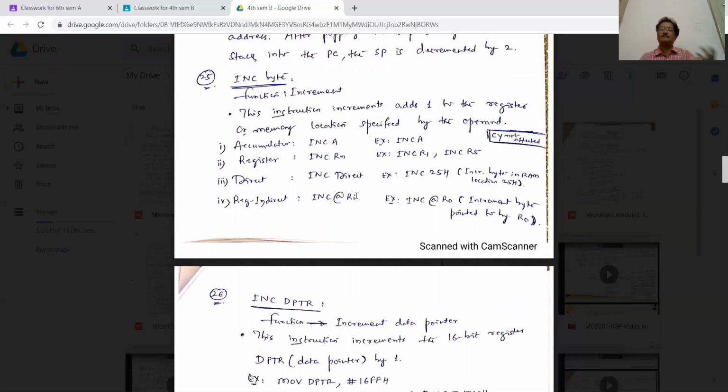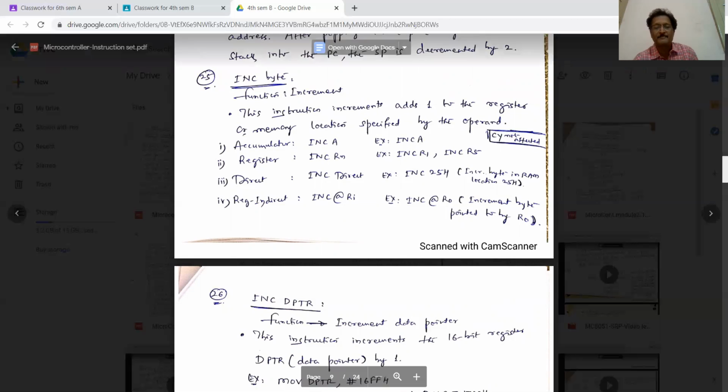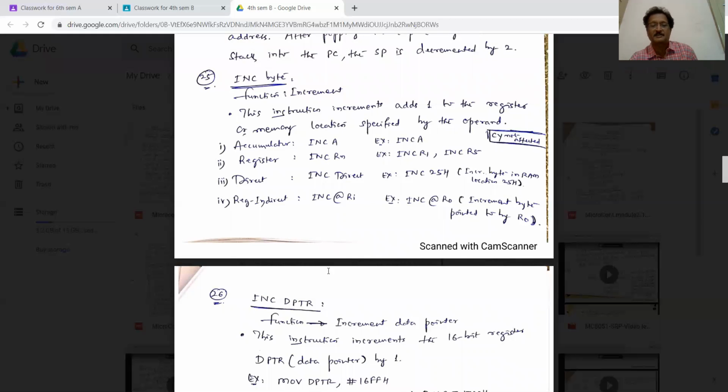When you are using indirect addressing mode, you assign, say, one location to R1. Then every time you need not write location 41, 42, 43, like that. In the loop, if you write INC @Ri, every time it will increment the memory location and take the data from there and give you for the usage. Increment the byte pointed to by R0. It is written there. One example also I have given there. So that's the best part of this instruction.